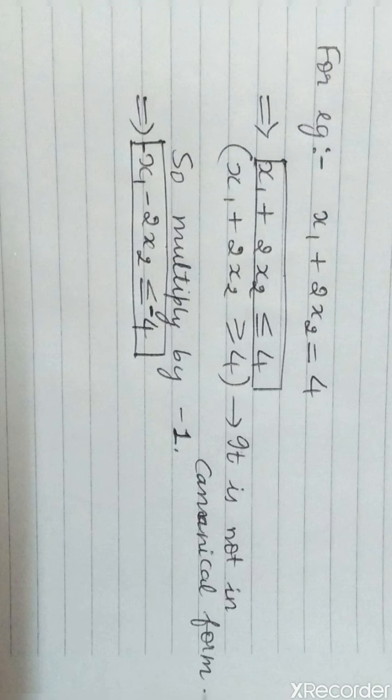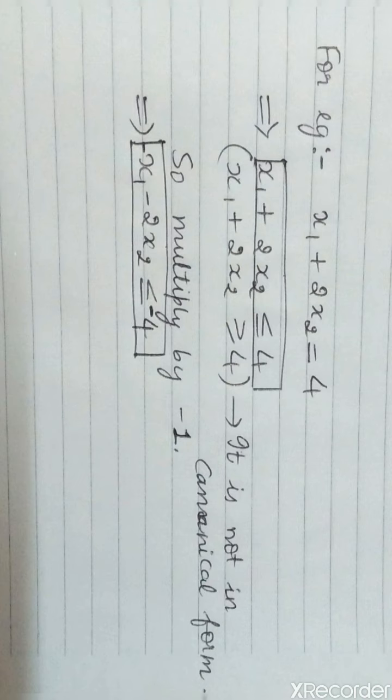Briefly I will go through the steps in order to convert a given form into a primal and then into a dual form. Firstly, you have to change the objective function to maximization. If it is a minimization, then you have to convert it into a maximization. Then if the constraint has an inequality, you have to change it by multiplying by -1. And thirdly, if you have an equal to sign, you have to replace it by two constraints involving both greater than or equal to and less than or equal to.